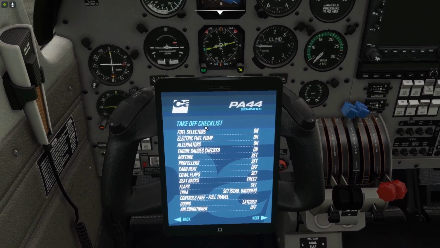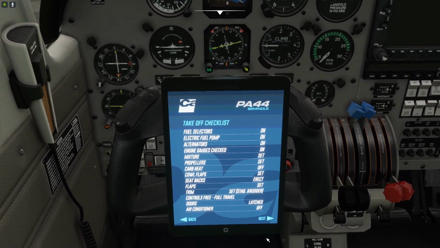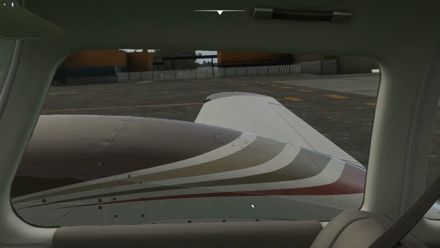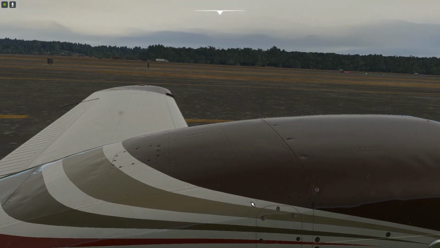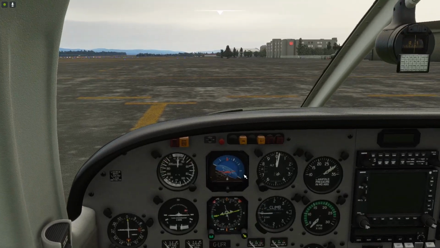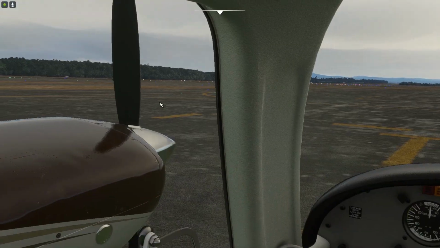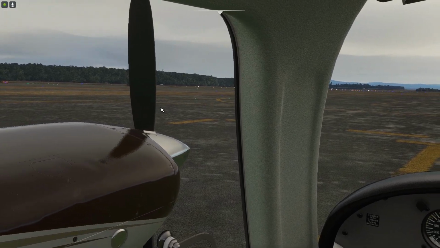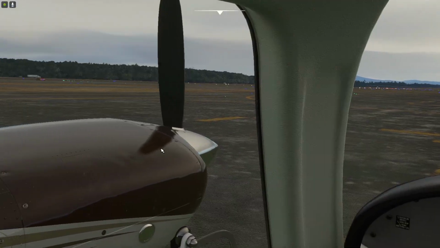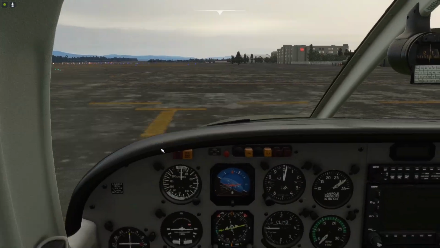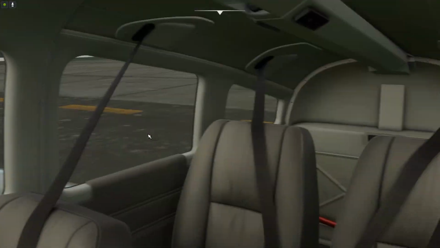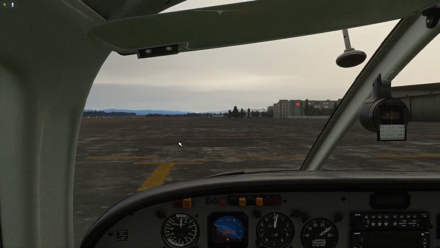The Piper Seminole checklists, they only give you the takeoff checklist and the landing checklist, as if those are the only two checklists you actually need. Yes. So, unfortunately, I've tried to look for some documentation in my folder systems, and not come up with any kind of documentation that they may have added in. So, I don't really know. It's a pretty sparse add-on in terms of documentation and help to get the thing started,